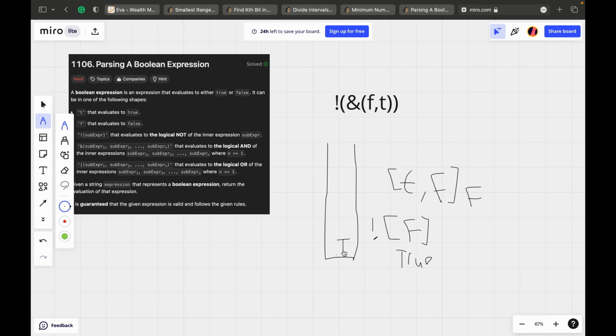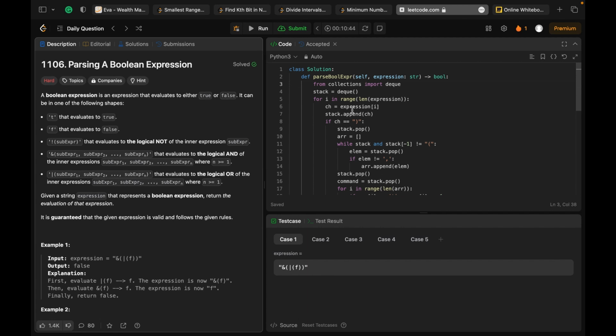So by this time, you would have realized that we have reached the end of our iteration, which means that all our brackets would have been analyzed, and now all we need to do is return the only element which is in the stack, and that is going to be our answer. We can code this out in Python. To create our stack, we import the deque from collections, and then we iterate through the string that we